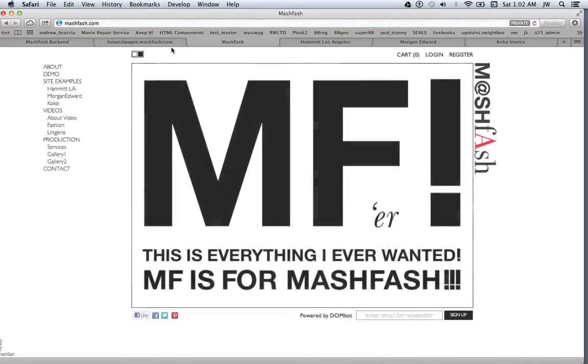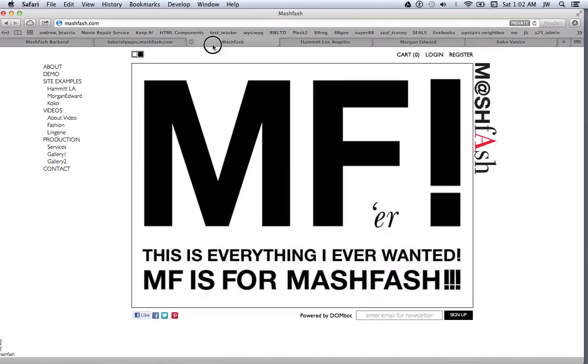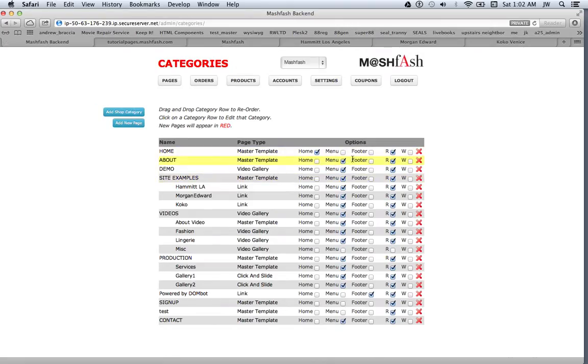And so it gives you just an idea of why we would have it not in the menu. The other reason not to have it in the menu would be if it's a footer, meaning it's, I'll show you again, back down here, powered by Dombot, takes you to another site, and that's a link in the footer. So therefore it's not going to be in this menu. Let's go back to all these other pages are in the menu, and they're also all showing in R, meaning